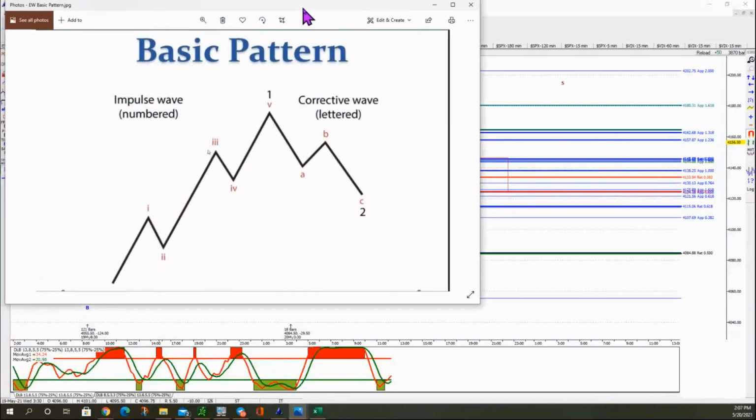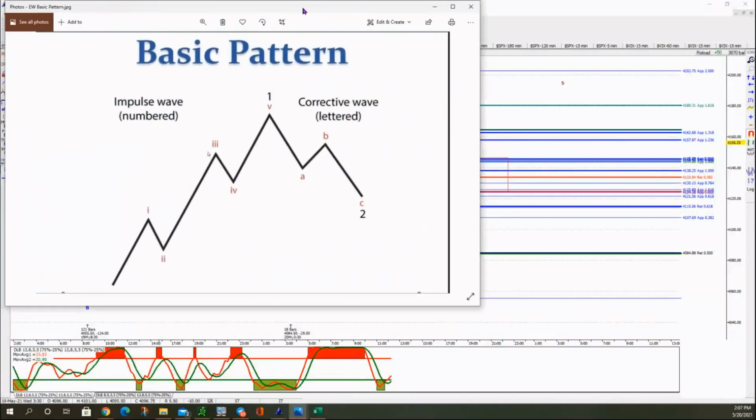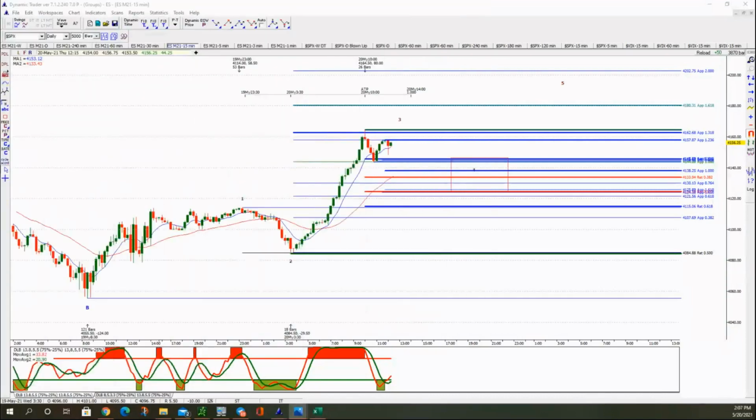This is another chart of a basic pattern right here too. But what I wanted to show you on the previous one was the fractals inside of these waves right here. And there's a fractal in here, an ABC or something like that. And once we complete this larger trend up right here, we're going to have a larger ABC, and they pull back to a certain fib level. In this case, the 50 to 61.8% fib level back.